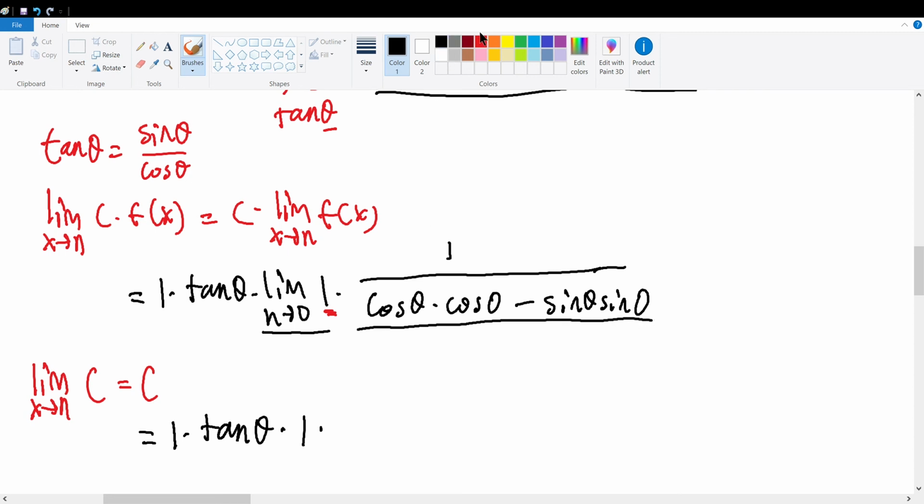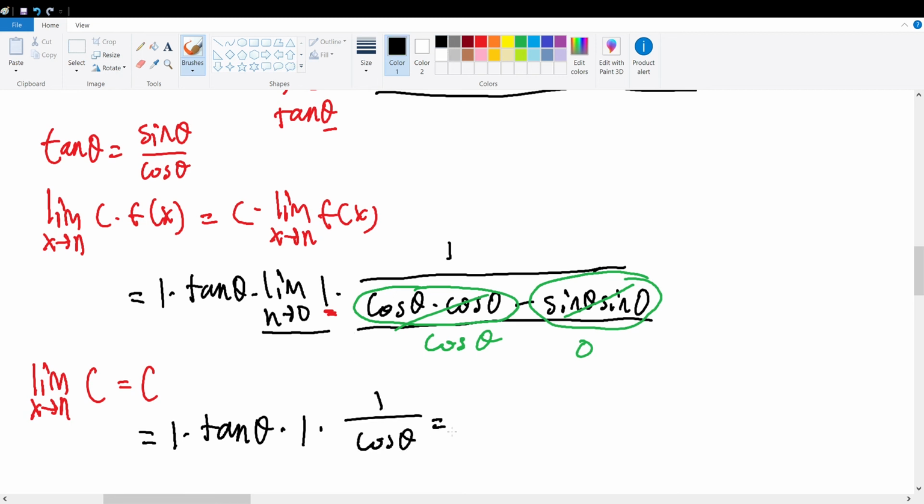1 times cosine of theta will become cosine of theta. So these two terms evaluate to be cosine of theta. And sine of 0 radians is equal to 0. And 0 times anything will be equal to 0. So this term evaluates to be 0. Cosine of theta minus 0 will be equal to cosine of theta,